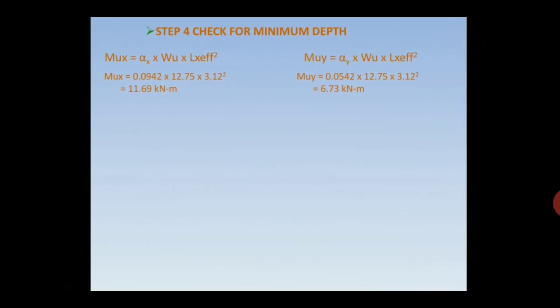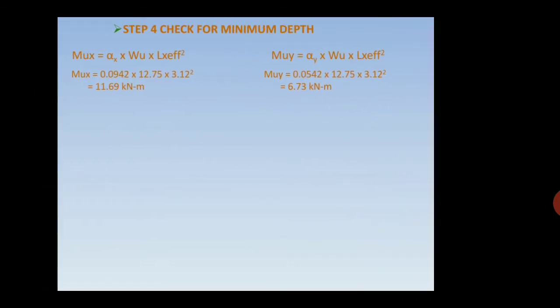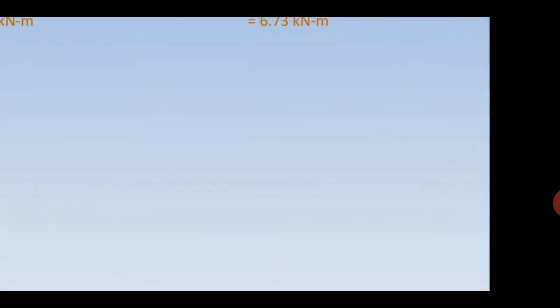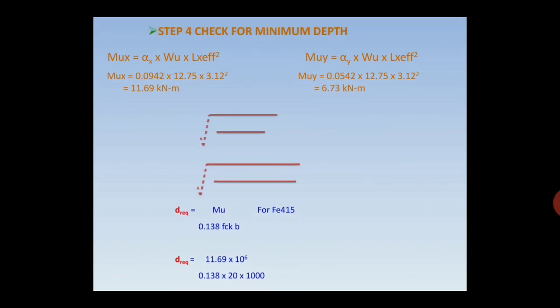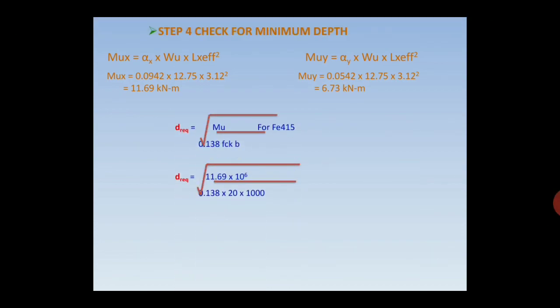So going further, we'll do the check for depth required. For your Fe415 grade of steel, when we do the depth check, we get D required as 65 mm, whereas we have provided a D of 120 mm. So as the D provided is greater than the required,